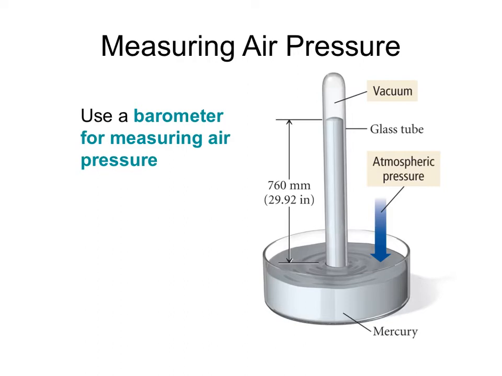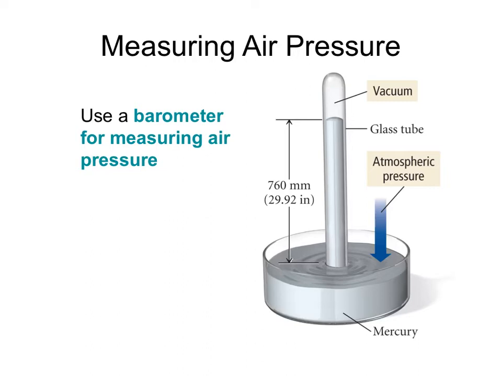Here you have a figure which shows, imagine you just have a tube in your hand. It's sealed at the bottom and it's open at the top. And you pour liquid mercury into it and you completely fill it. And then you put your thumb over the top. You really wouldn't want to do that because mercury is toxic, but your gloved finger, for example, you can put on the top. And then you flip the tube upside down and put it under the surface of this dish